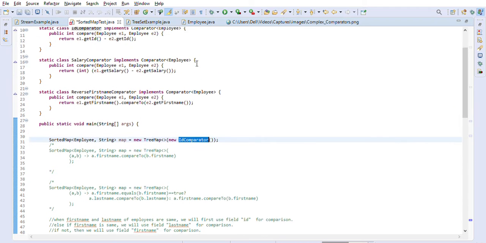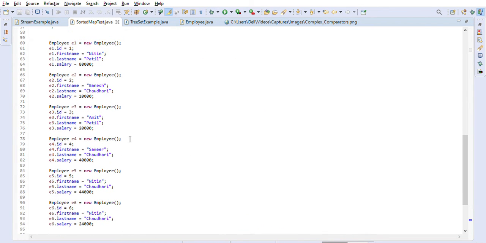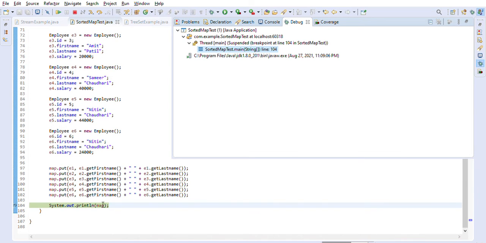We already discussed that it is based on the ID field of the employee. Let me quickly run this in debug mode. We have put a breakpoint here, so our breakpoint will be reached. Once you hover over it, this session will also help you understand how to debug in Eclipse. You can make this bigger, and as you can see, this is the map, our tree map, and this is how our objects are stored.